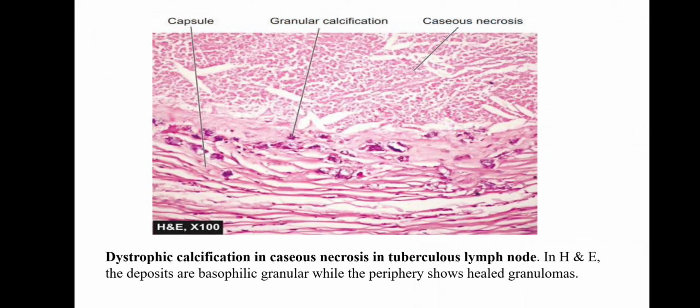Then you can see a beautiful picture of a TB patient. You can see the TB case, and you can see the calcium deposition. I have given this diagram to understand very thoroughly; you can see the calcium salts in a tuberculosis patient. So which necrosis will happen in a tuberculosis patient? Caseous necrosis. And it is a dystrophic calcification which occurs in dead tissue, not in degenerated tissue.